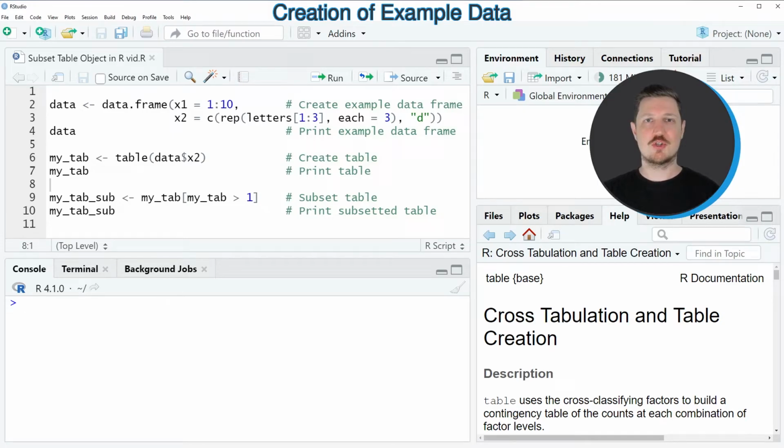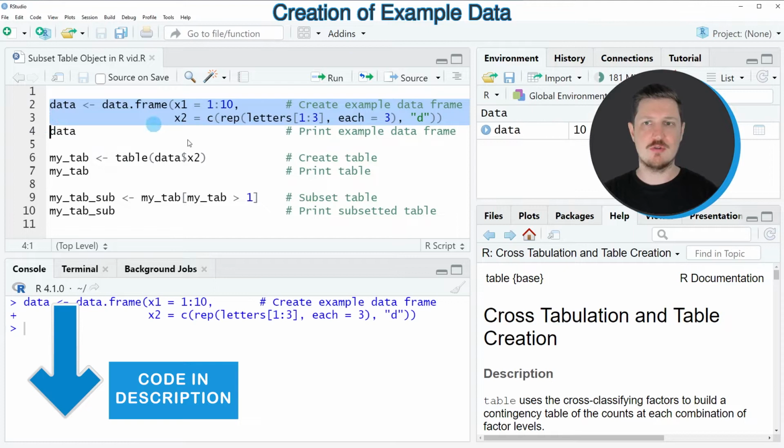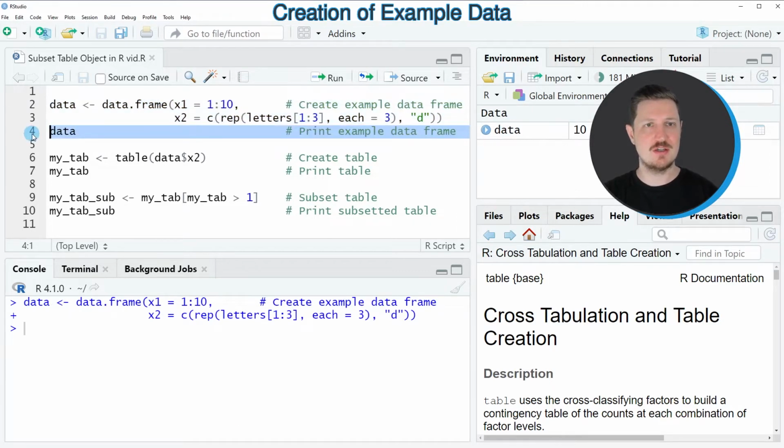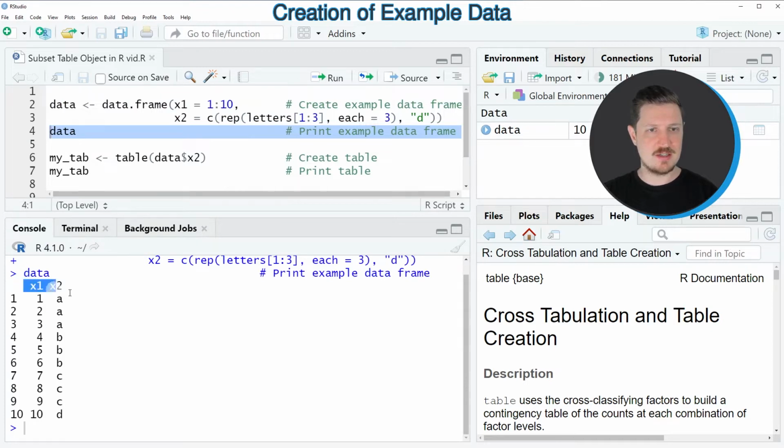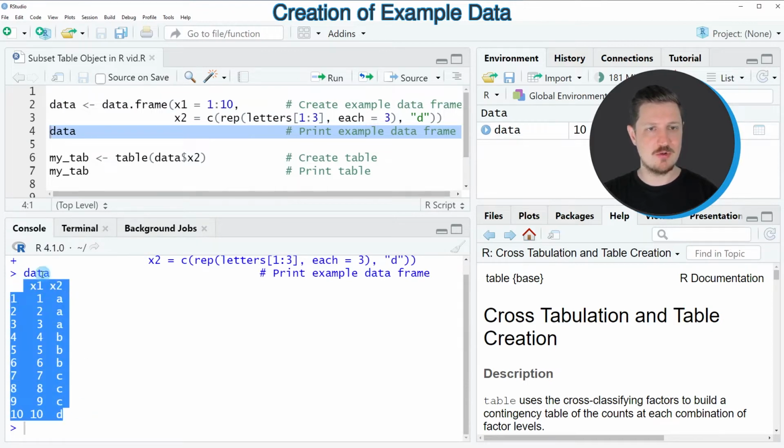In this video I will show you an example, and this example is based on the data frame that we can create with lines 2 to 3 of the code. After running these lines of code, you can see that a new data set is appearing at the top right, which is called data. And we can print this data frame to the bottom in the RStudio console by running line 4 of the code. And then you can see that we have created a data set that contains 10 rows and the two